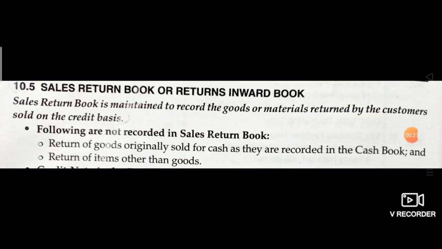Okay. So following are not recorded in sales return book. Return of goods originally sold for cash, and return of items other than goods. So only sales return means goods or material returned by our customers